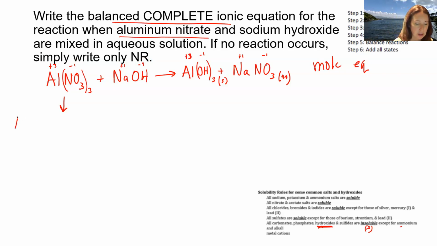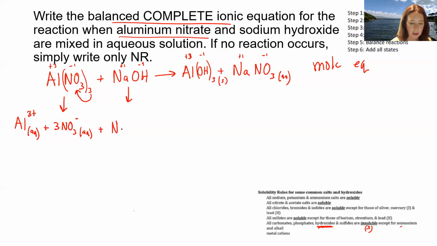So it's going to separate into Al 3+ (aq), plus there's 3 nitrates, 3 NO3 minus (aq), plus, now this one is going to separate into Na plus (aq) and our OH